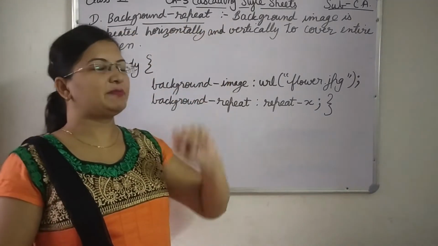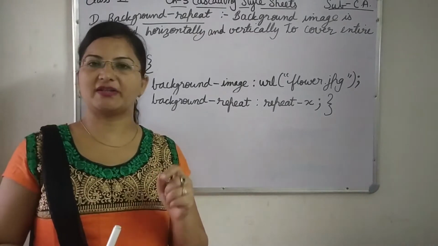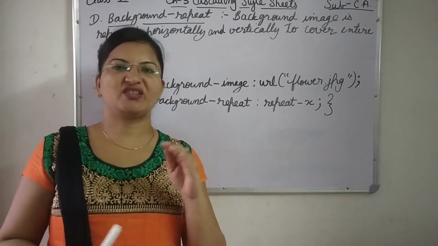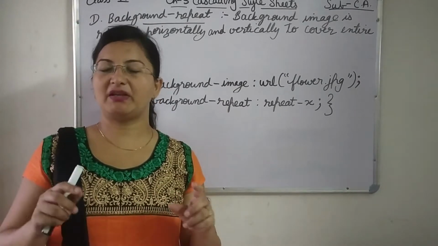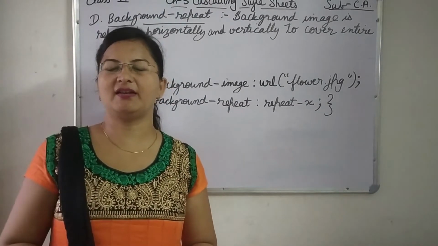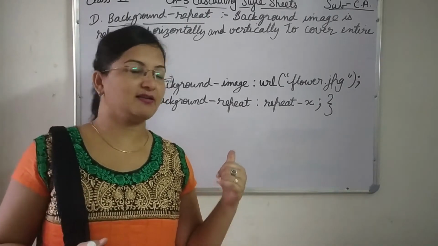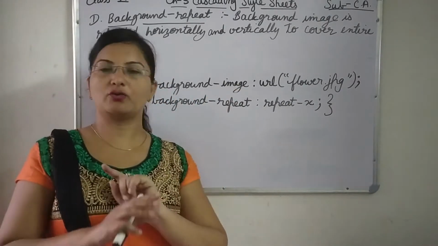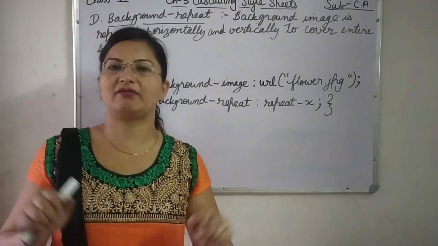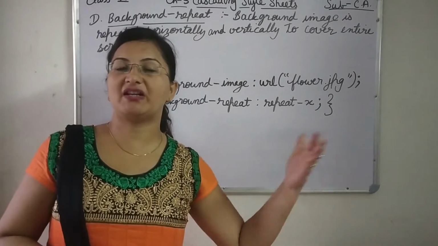So background repeat means when it is required. First of all, when we download an image from the internet and the image is in a very small size, then we will be able to see only a small background image. That means the whole screen is not covered. Got it? The remaining screen will show the background color if it is there. Here there is no background color, so the screen will be white. Only the small background image will be seen and the screen will be white. Or otherwise in some browsers the image repeats automatically.